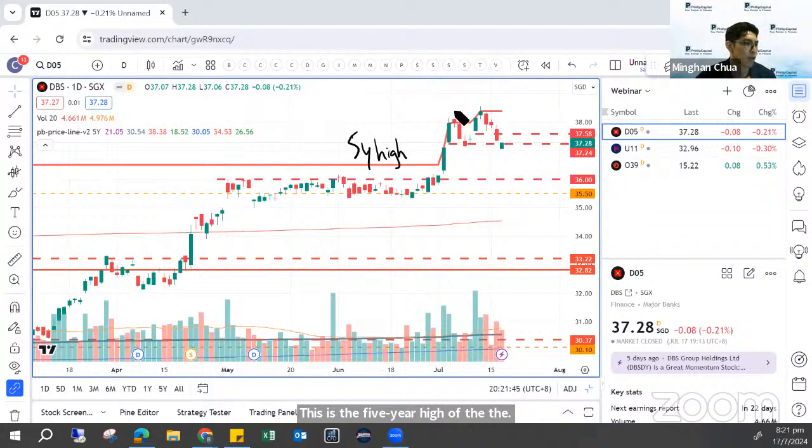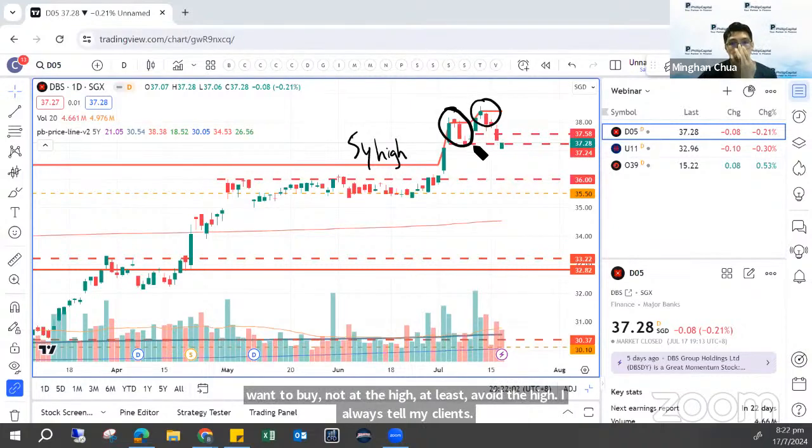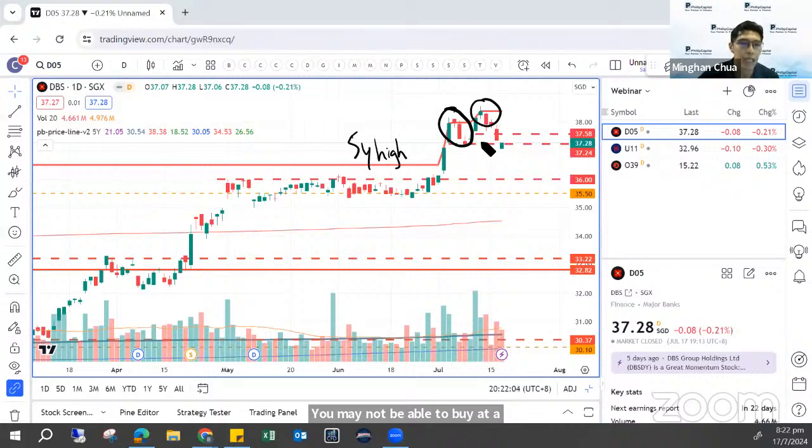So if you look at this, when it jumped up, I was very reluctant to enter. It continued up, and I didn't want to enter because I want to avoid buying at the high. I always tell my clients this: you may not be able to buy at the low, but at least you can avoid buying at the high. You buy at a reasonable price. How many of you agree that you should buy at a reasonable price? Type a letter R so that I know we are all on the same page.